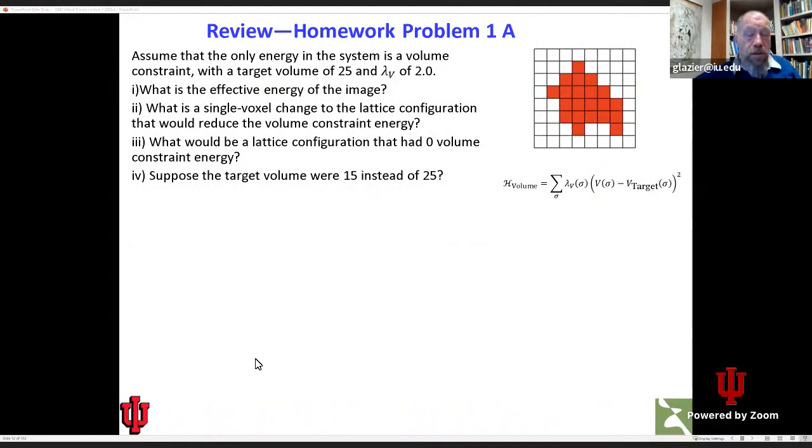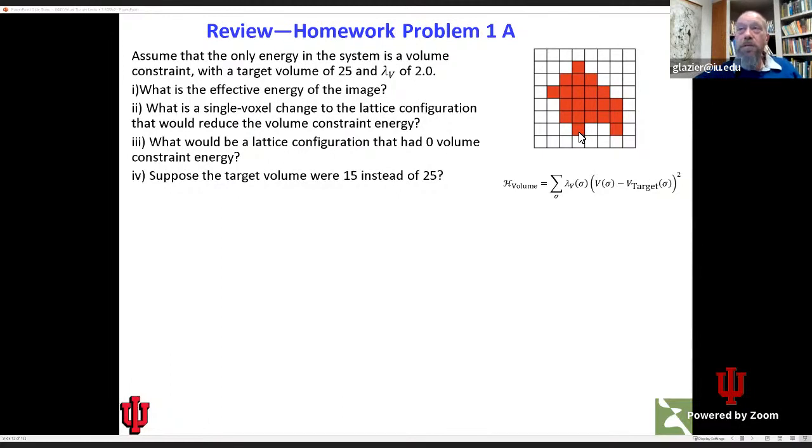So I'm going to just very quickly flash the homework problems and ask people if they were able to do them. If they were, I'll give people the opportunity to show their result or comment on the result. If there are questions, I've got a solution worked, but I don't want to take a lot of time going over problems that everybody already did and didn't have trouble with. So the first homework problem